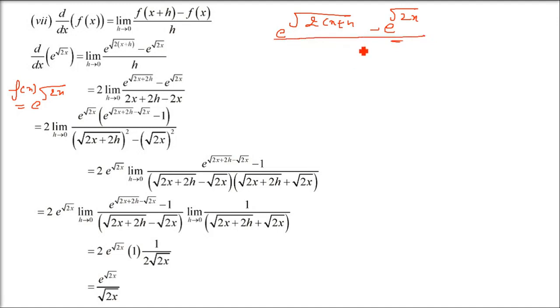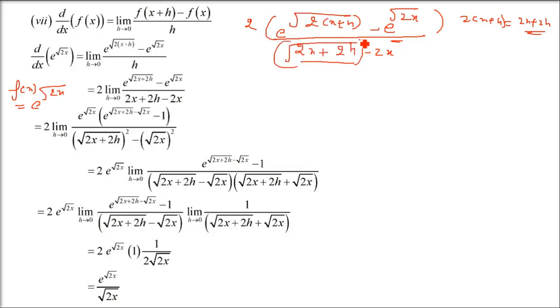So h is here. Now what we can do here is, we need 2x plus 2h in the numerator, so multiply and divide by 2. I am adding 2x and subtracting 2x so that I can get 2x plus 2h. That is why we made this h, such that we have this 2x plus 2h. Now from where it has come and why it is important? Still the whole work is not done, because it is still under root.